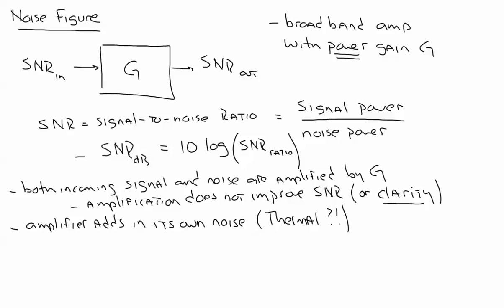Now turn the volume way back down to 0 on your power amplifier. Turn your power amplifier off. Plug in all the rest of your sources and proceed as usual. I don't want you to blow any speakers. But your amplifier is going to add in its own noise. So as a result, in all cases, for a broadband power amplifier, the signal-to-noise ratio at the input is greater than the signal-to-noise ratio at the output. Okay? Broadband amplification causes a reduction in clarity as a rule.